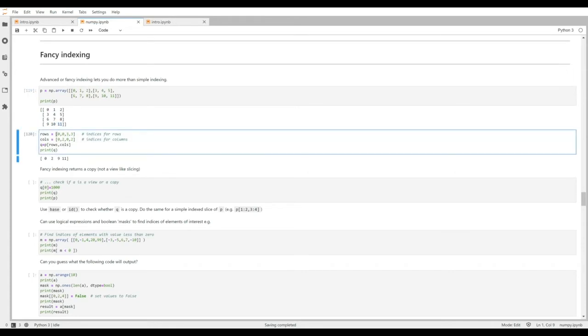And that means this row and this element. So 0, 0 in rows and columns corresponds to here. 0 in rows and 2 in columns corresponds to there. 3 in rows and 0 in columns corresponds to there. And then 3 and 2 corresponds to here. And so it's possible to pull out